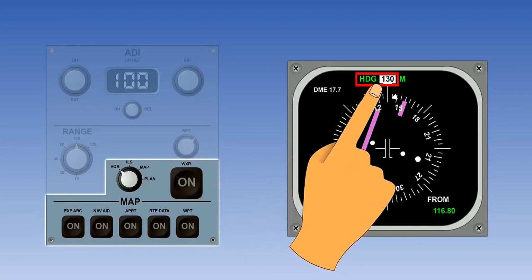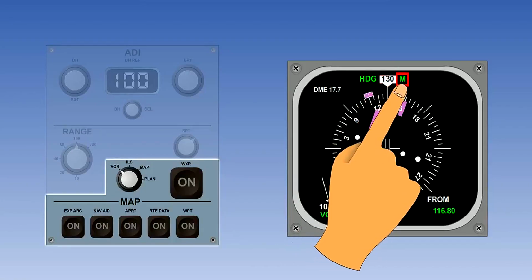Next, the current heading is shown in the window at the top of the compass rose, and in this example we can see it is a heading of 130 degrees magnetic. Note that the heading reference selected is magnetic north in this instance because heading may also be referenced to true north if desired.